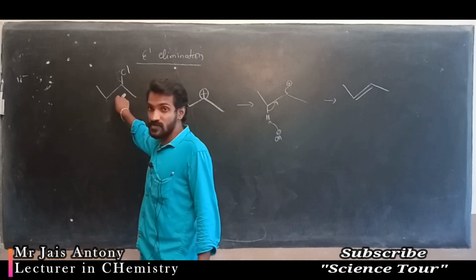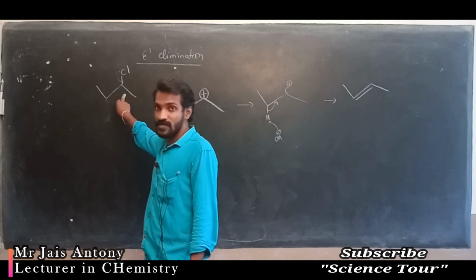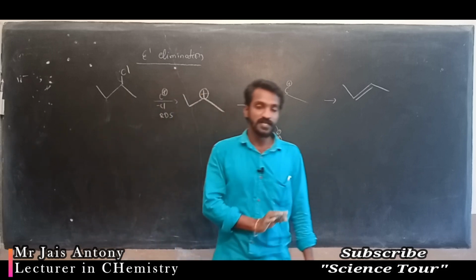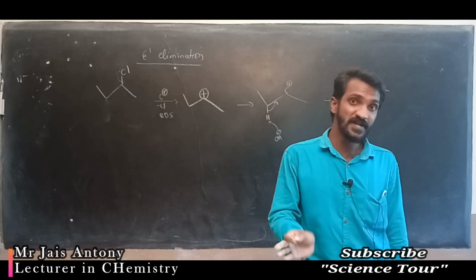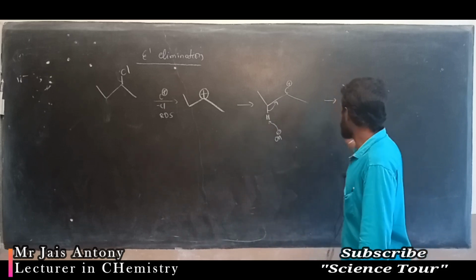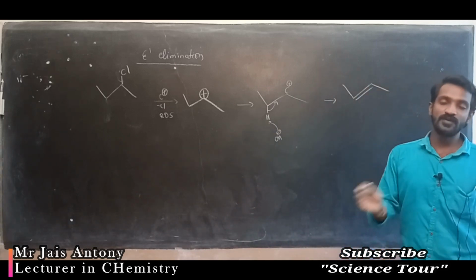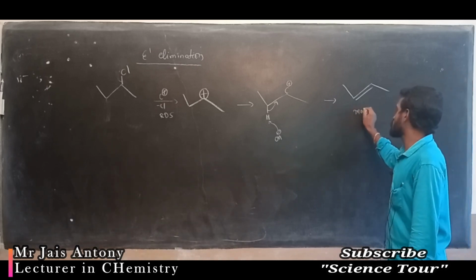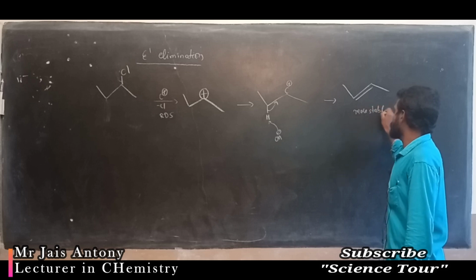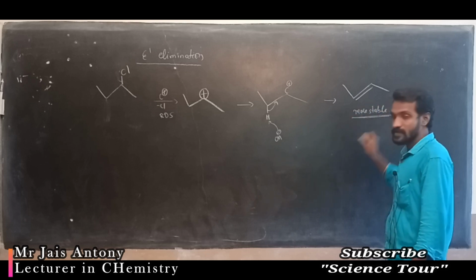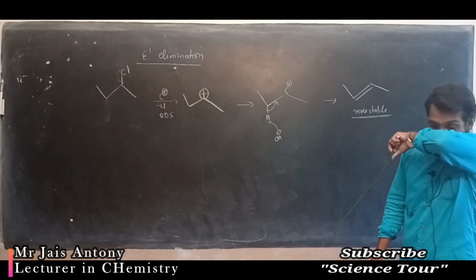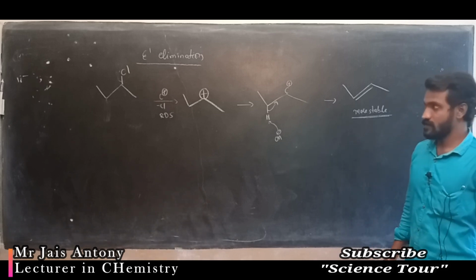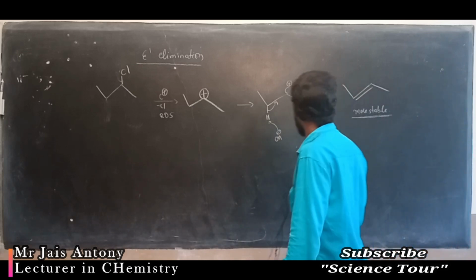So here also the reaction order is the same. Tertiary substituted halide is more reactive than secondary, then primary. In both E1 and E2 the reaction is the same, meaning we get the alkene as the product only. A more substituted alkene is more stable, and that is a very important thing. More substituted alkene is more stable.